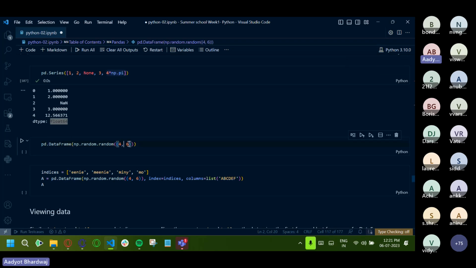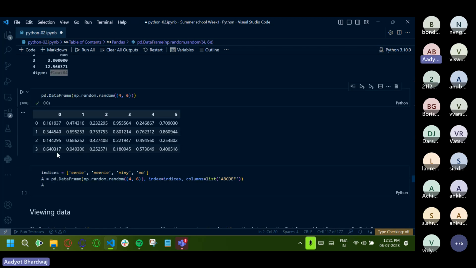If I make a 4 by 6 random array and I convert it to a data frame, it will become this. These are the default column names and default index names 0, 1, 2, 3, 4. But we can change the